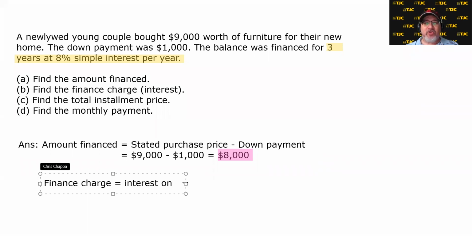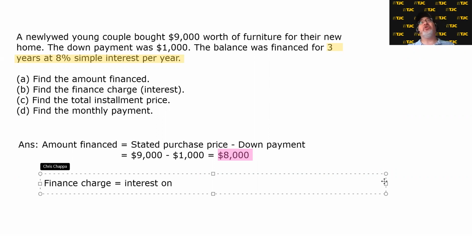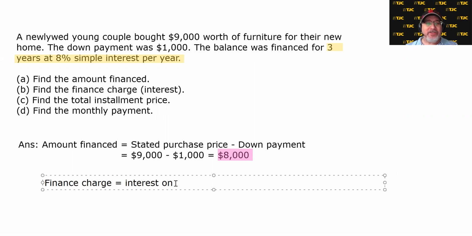Do we have to pay interest on the entire $9,000? We do not, because I paid $1,000 of it up front. Why should I pay interest on something that I'm giving you right now? Interest is the charge that you pay for borrowing money over time. I'm not borrowing the first $1,000, I'm giving it to you right up front. So in this case, when you're calculating the finance charge, it's the interest on the amount financed,